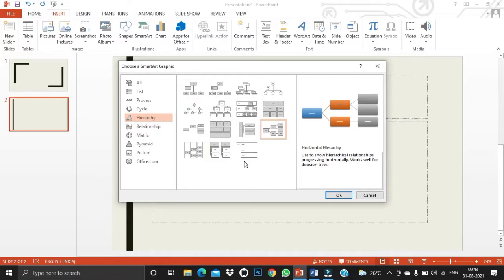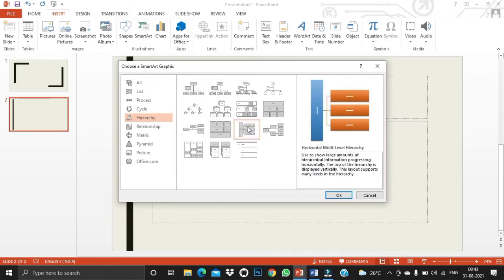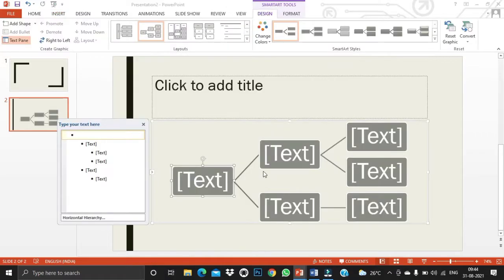Okay. To see more details about a graphic, click any image and a larger preview of the graphic with additional text details will appear on the right side of the dialog box. Okay. For example, I'm choosing this one. The picture details will be available here with text format, and the diagram we can also view in large view. Okay, we can understand what kind of picture this is and why we are using this picture. So this kind of details will be available. So here the smart art graphic was